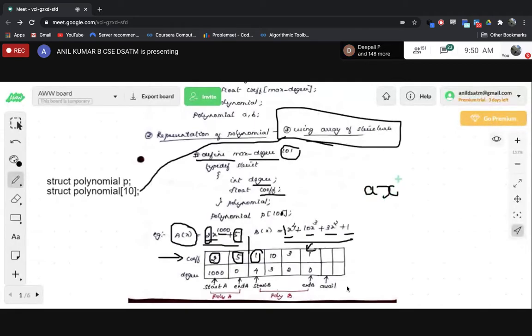Only the coefficient and the degree of that polynomial we're going to take for array representation for evaluation, since x is only a common variable there. So the first coefficient we have taken 1, and the degree of that first variable is 4. So since the variable x is 1, it is 1x to the power 4.